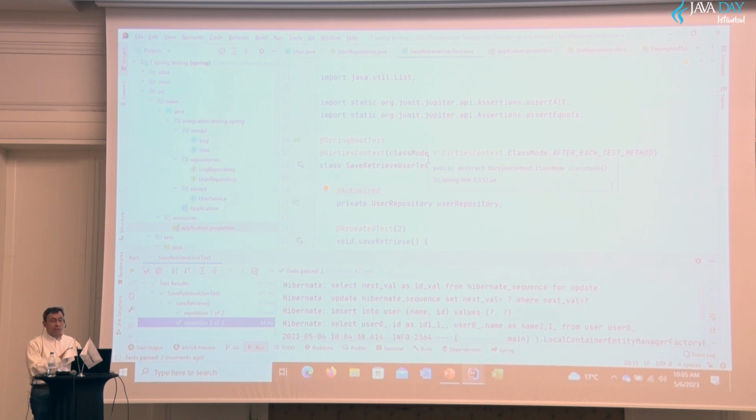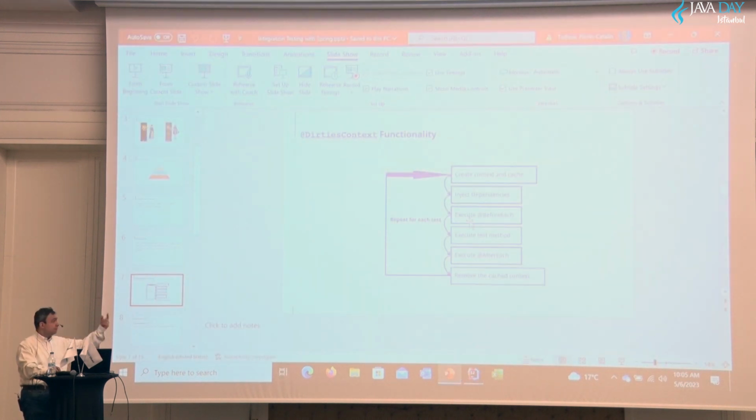Now the question is, how feasible is it to come with this DirtiesContext annotation? Does it come at some costs? And the answer is, of course, yes. Nothing is absolutely free. Introducing this DirtiesContext annotation will come with some costs, because reinitializing the context this way several times is, of course, time-consuming and resource-consuming in general. It's an alternative. We can use it, but we are looking for other alternatives that may be more efficient. And